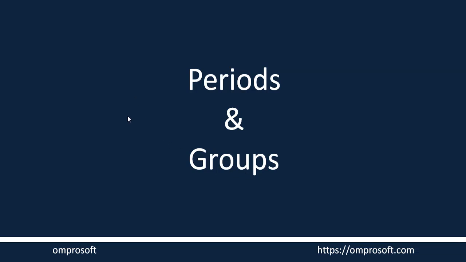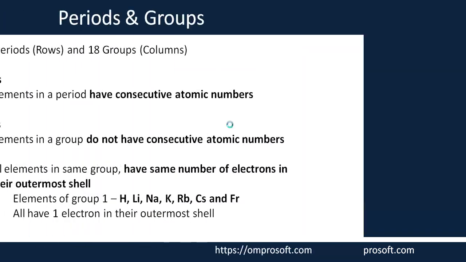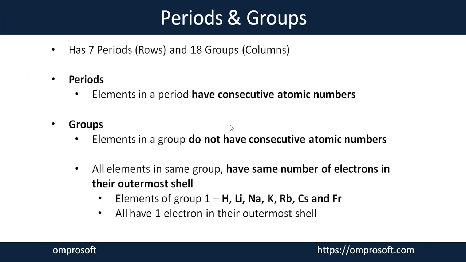With this session, we are going to discuss the periods and the groups present in the modern periodic table. As we know, in our modern periodic table, we have 7 periods and 18 groups. If we move in the periodic table in a horizontal way, the rows are considered the periods. We have 7 periods, and while we are moving in a vertical line, this is considered a column. This is considered a group in terms. So there are 18 groups present in the periodic table.